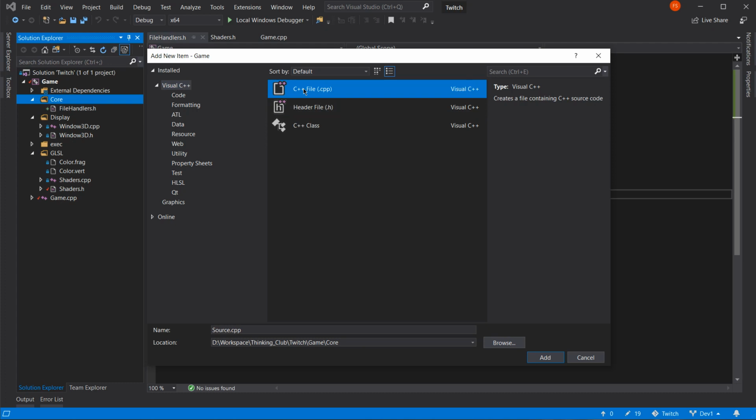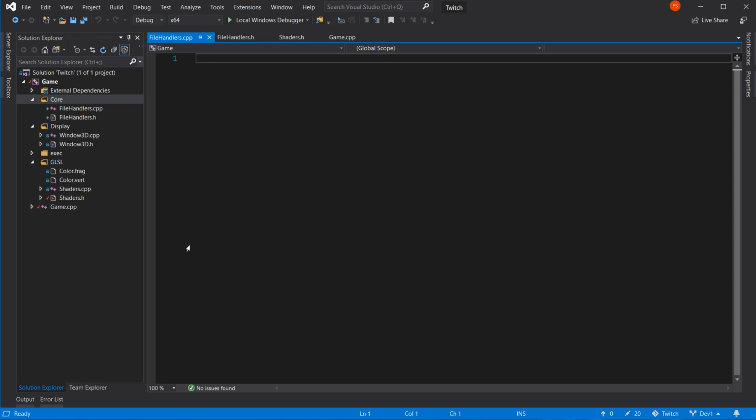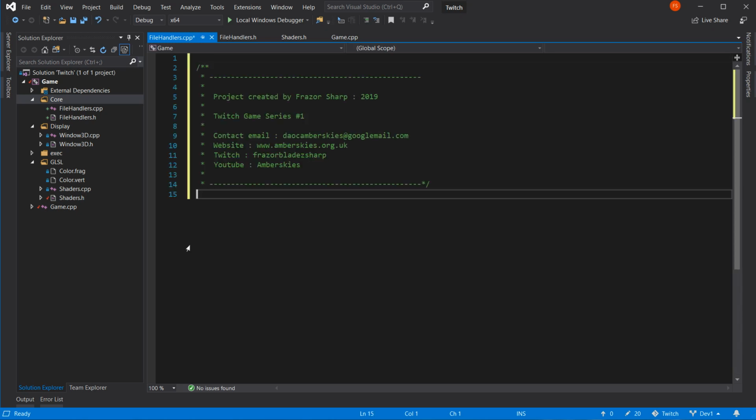I'll have a CPP file, please, Bob. File handler. Yeah, we'll add that. And it's just hash include, isn't it? Yeah, that'll do.